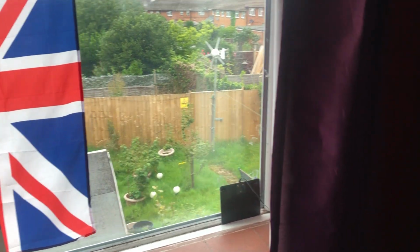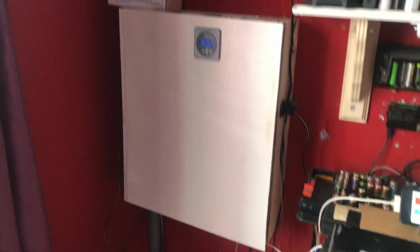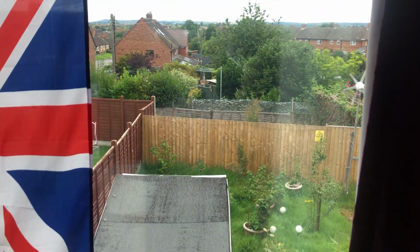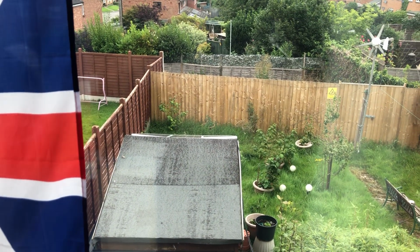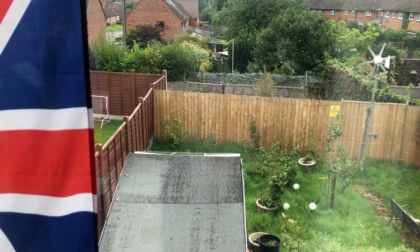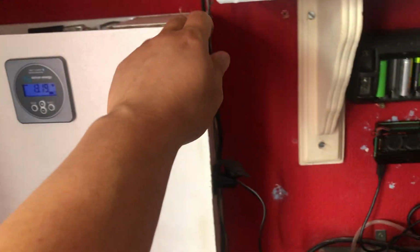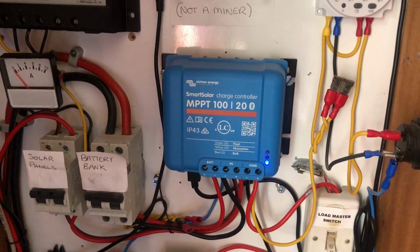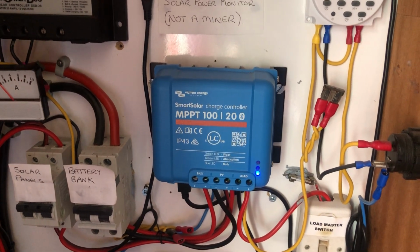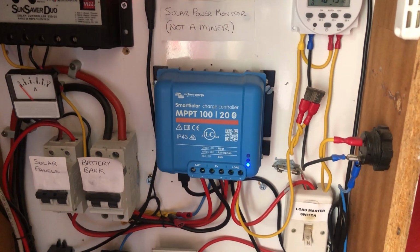Now, as you've seen before, this is my solar power system. Outside on top of the shed are the three 100-watt solar panels. They're wired in series to feed my MPPT solar charge controller that's inside here. We have the Victron Energy Smart Solar MPPT 100/20, so a 20 amp MPPT solar charge controller,